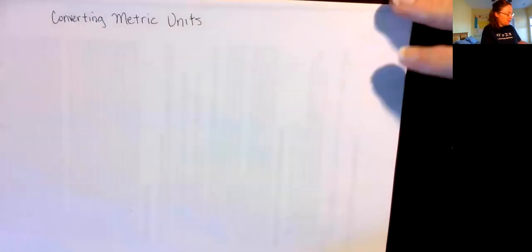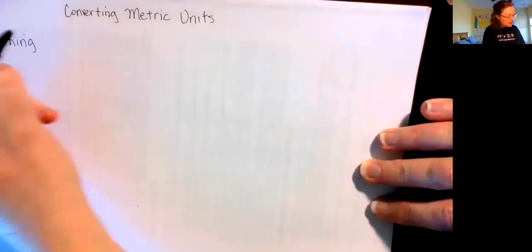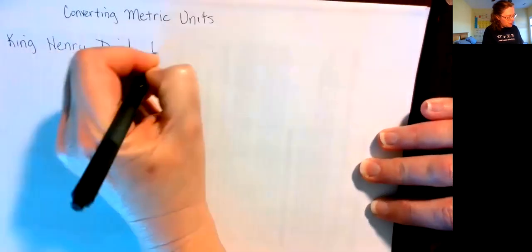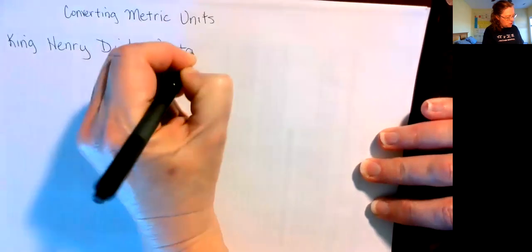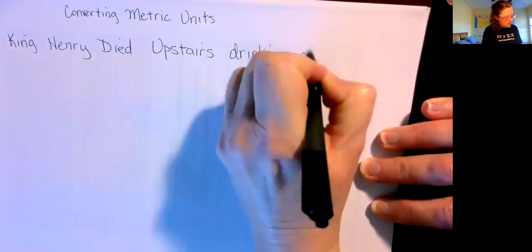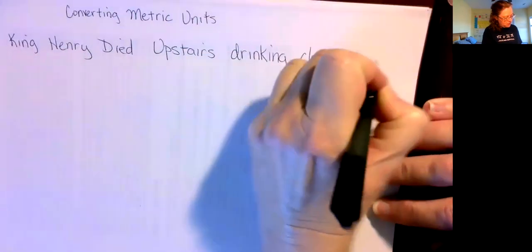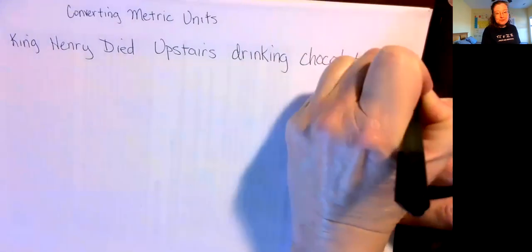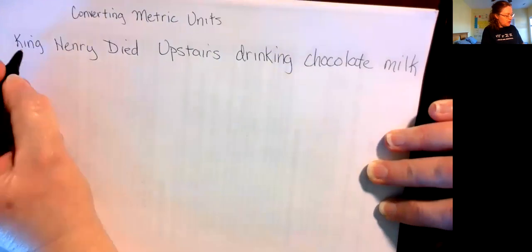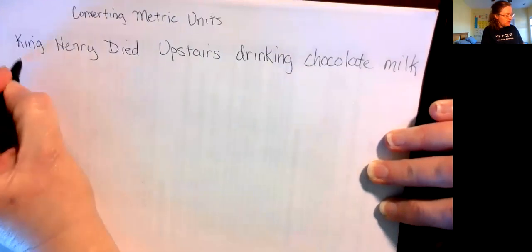And here we go. I have a little mnemonic device. Mnemonic means memory trick. And it is that King Henry died upstairs drinking chocolate milk. Poor King Henry. Well, what we can do with these letters is to think that the letter K goes with